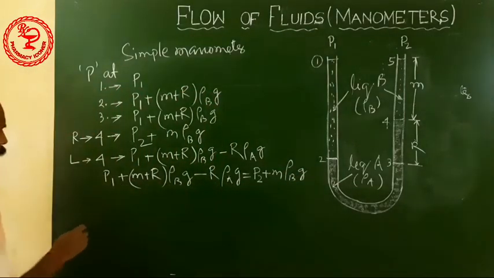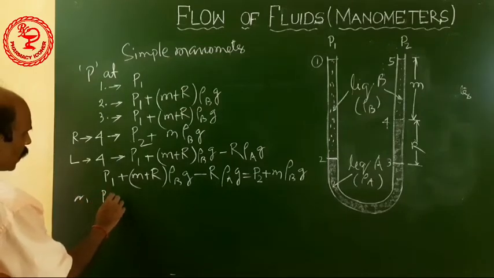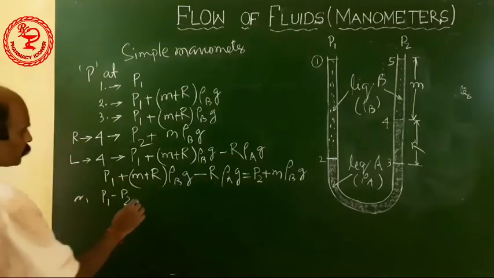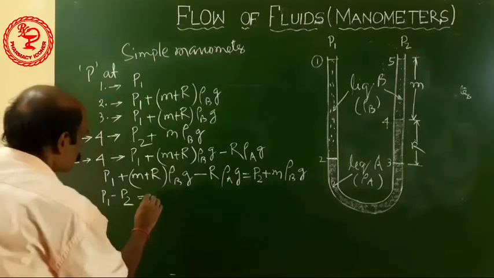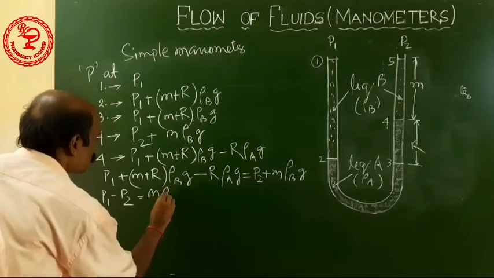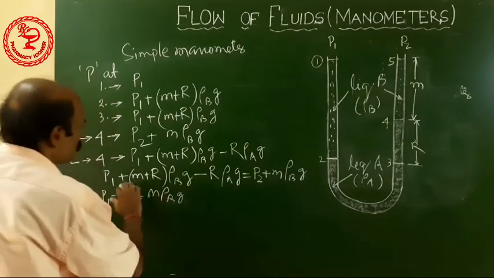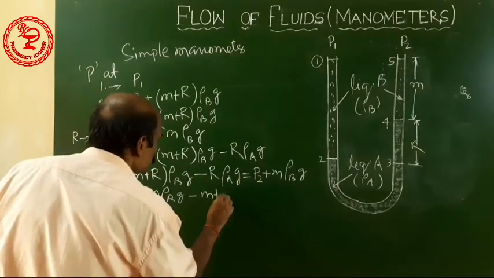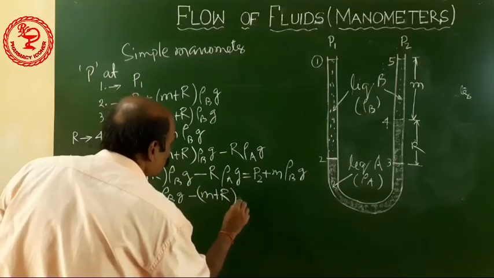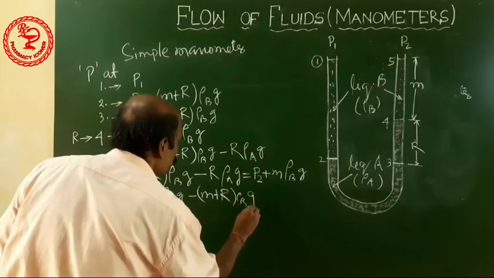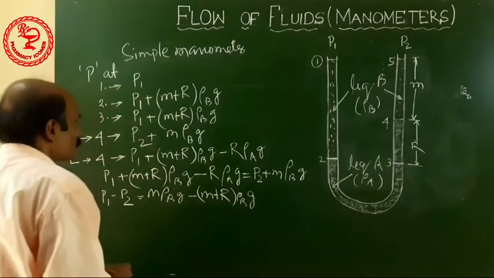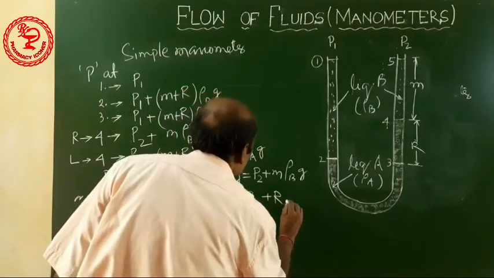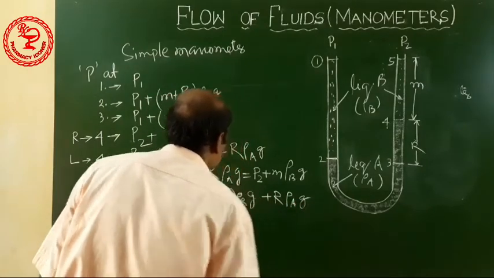Now we simplify it: P1 minus P2 is equal to m rho b g minus (m plus r) rho b g plus r rho a g,